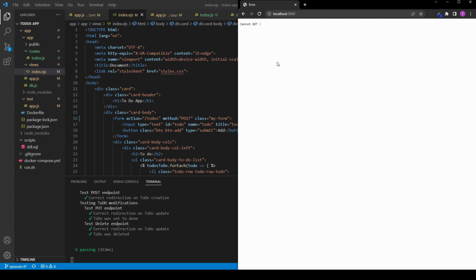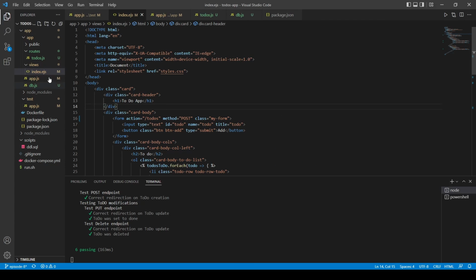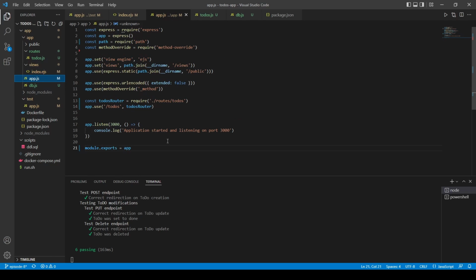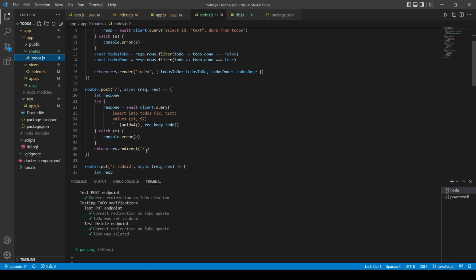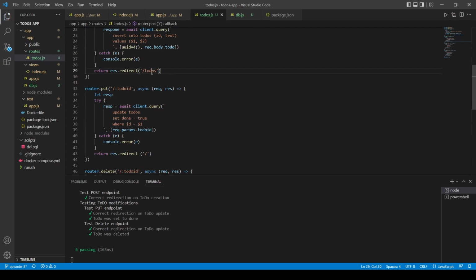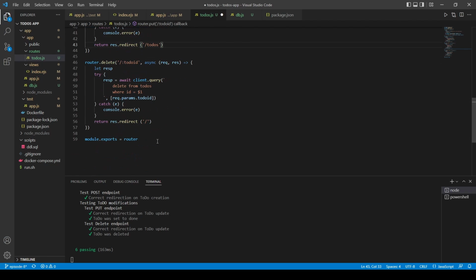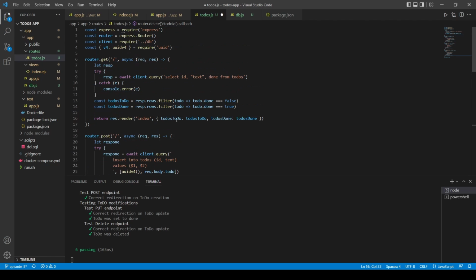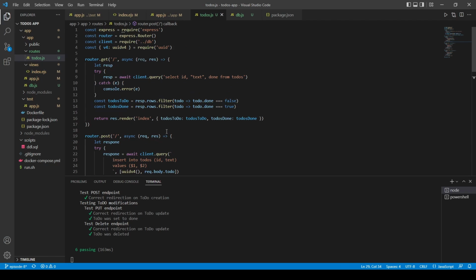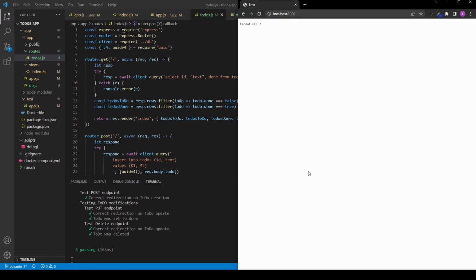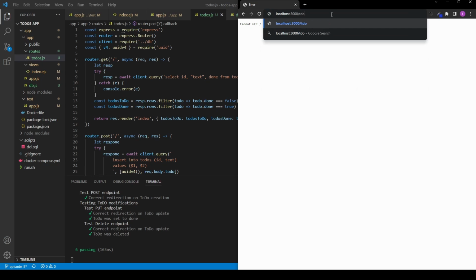It's still, we cannot get it, because if we go back to our app.js here, or this time we go back to our routes, we need to change it so that it redirects us to /todos instead of redirecting us to our home route. Okay. Once again, let's go back here. Let's go to /todos